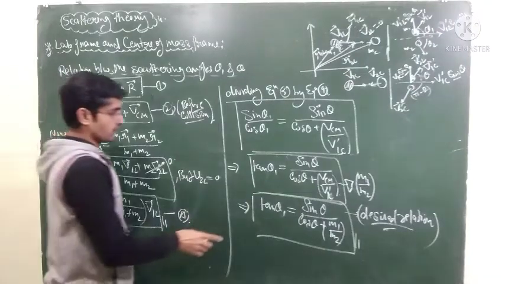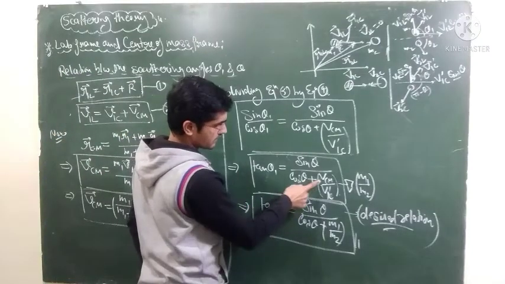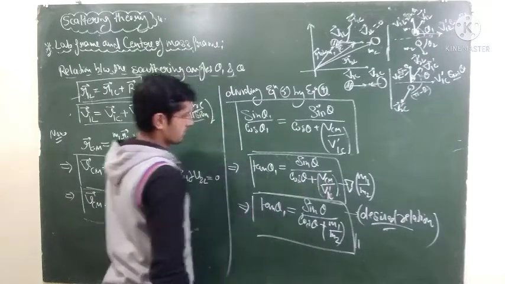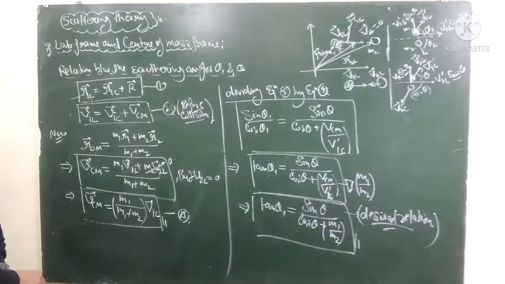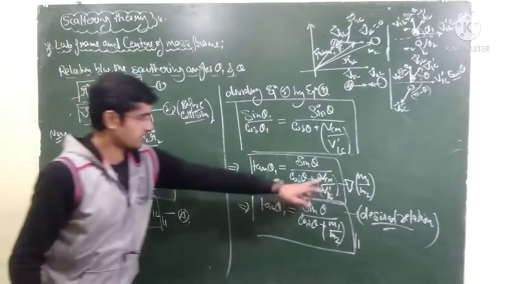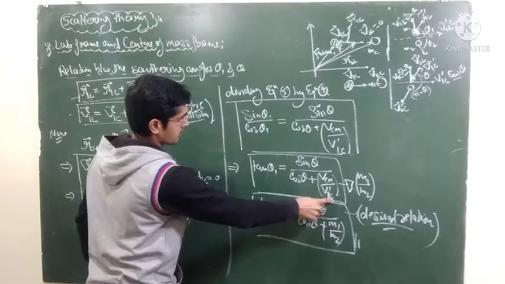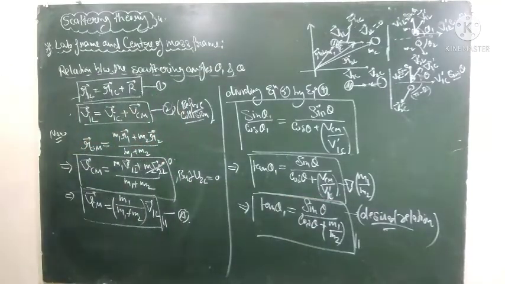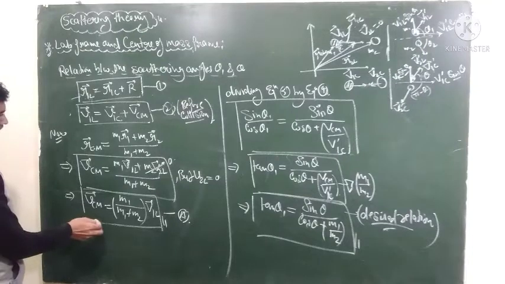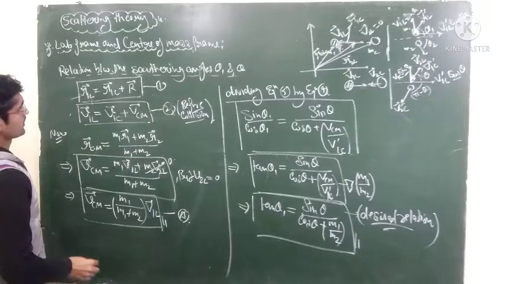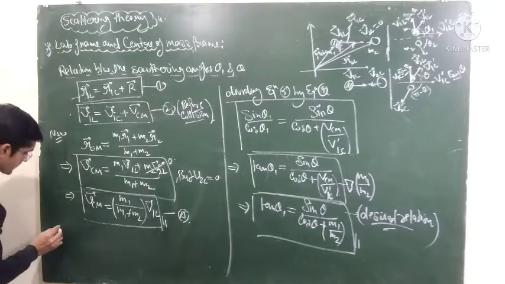We just want to calculate this particular ratio. So this is vcm over v1c dash, the velocity of the particle after the collision in the center of mass frame. So this is just the numerator of this particular ratio we got, and we just want to calculate the velocity of particle one in the center of mass frame. So what you have to do is that you just have to put this particular value in this particular relation number 2. So putting